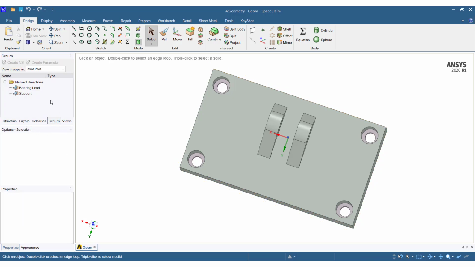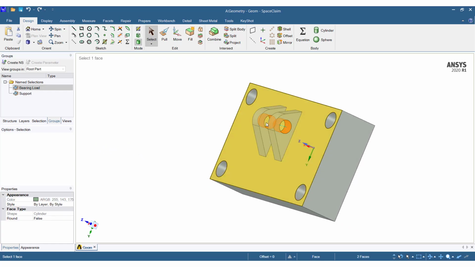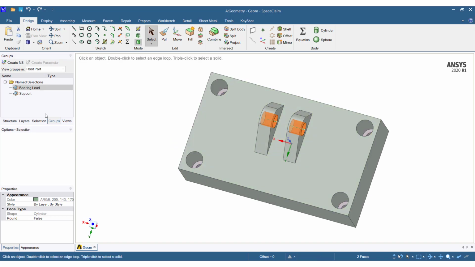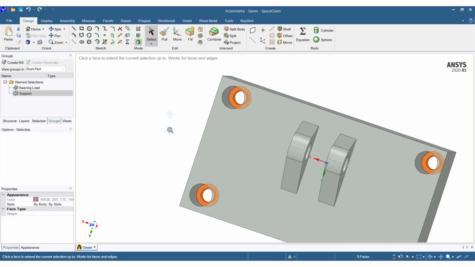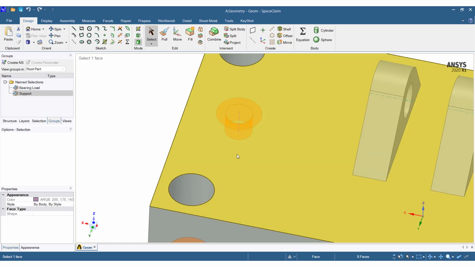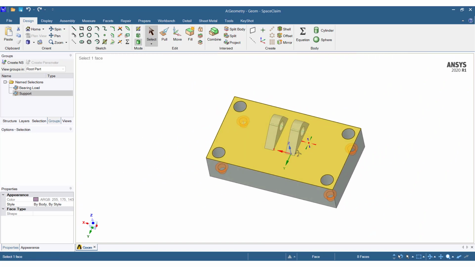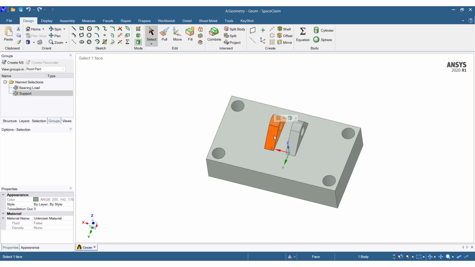Under the Group tab, I have already defined two name selections. Bearing load, where I will apply all the loads. Now I will define the exclusion region. First select the face or body which you want to include in the name selection. To select the body, click 3 times on the body.